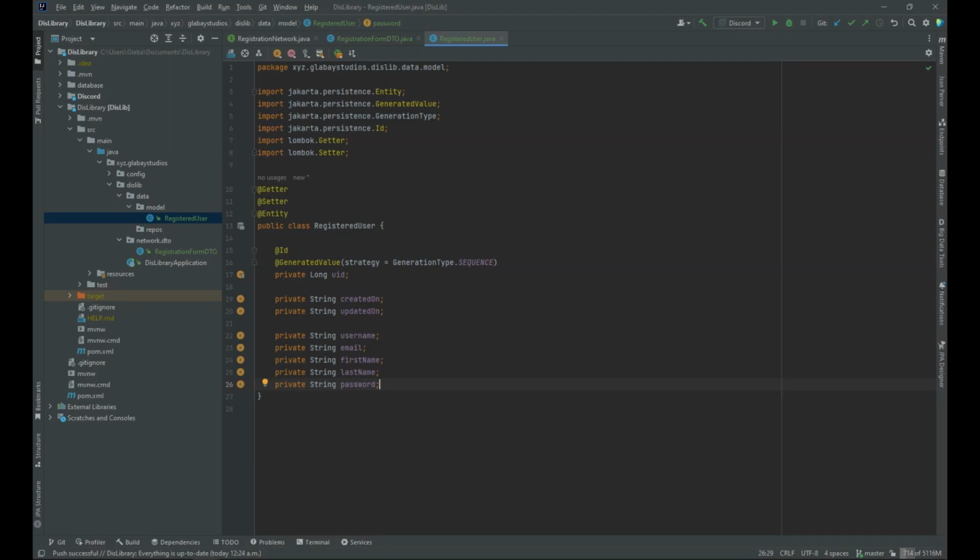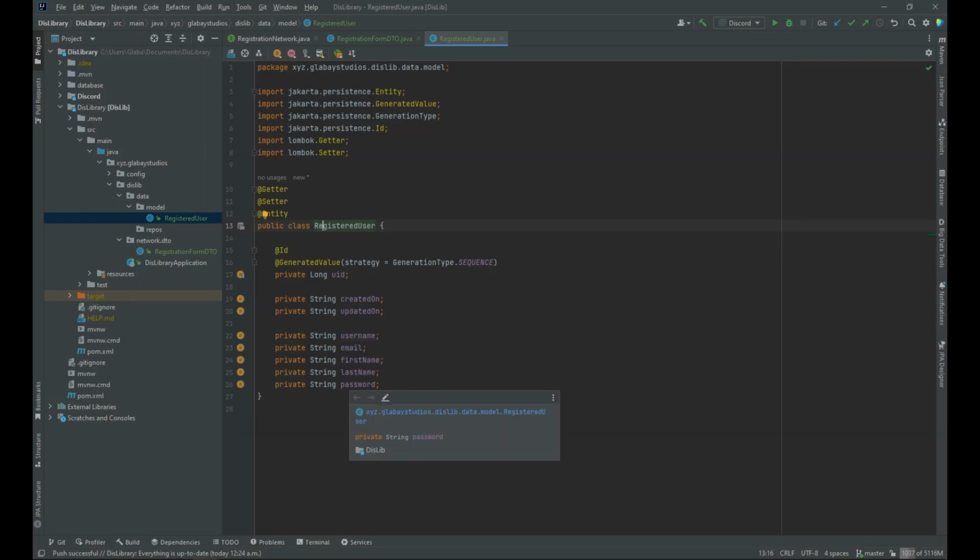So there, this is our POJO, and this is also going to be mapped into a database where Spring is going to take care of the heavy work. It's going to create us a table that's going to be registered underscore user. It uses the fact that we use camel case to separate the words and then replace any spaces with underscores, and generally it uppercases the text. It will do this to create the table name, registered user, and it will do so to create the different